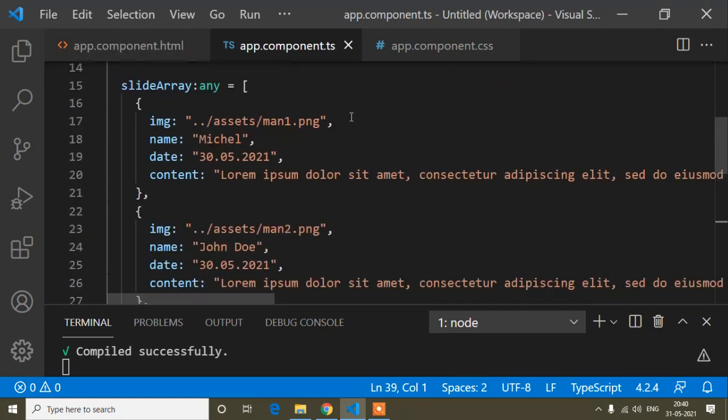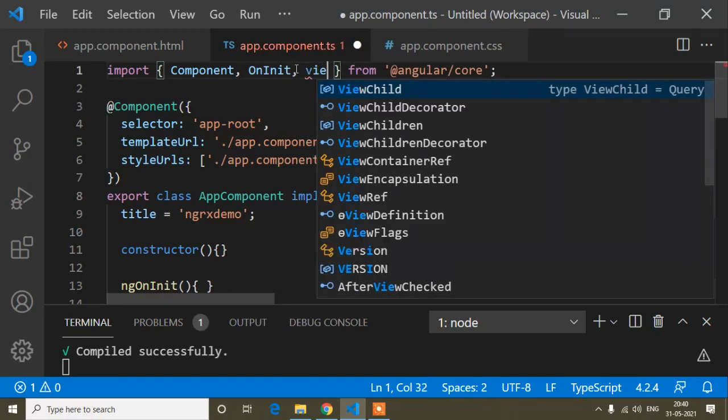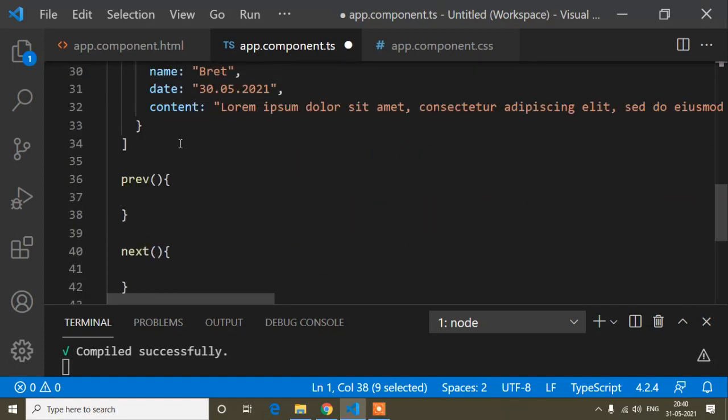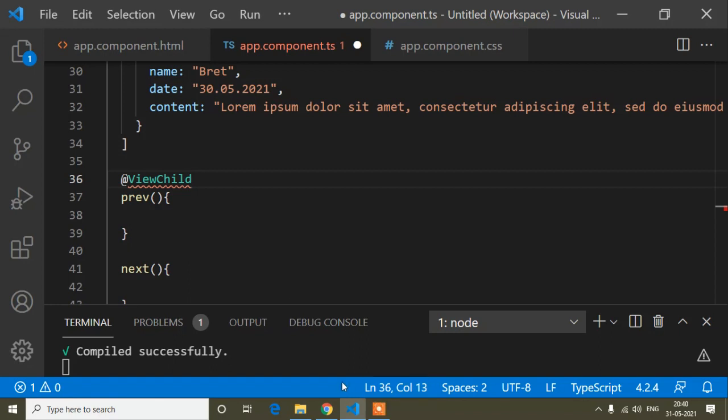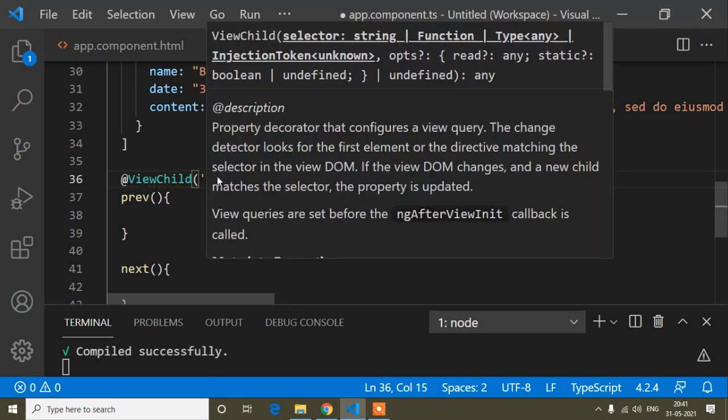So for that, I have to import ViewChild. So ViewChild, and now I will copy this ViewChild method and write @ViewChild here. So this is the syntax. So guys, this is the syntax for using a ViewChild. So now here I will write parentheses, and here I will write